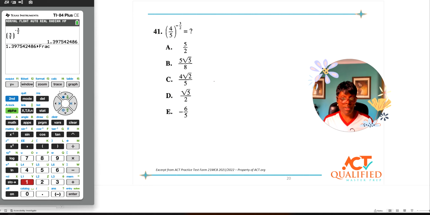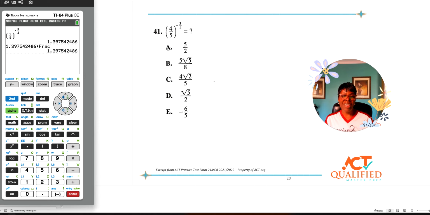If the calculator converts this number to a fraction that is one of our answer choices, we can go along with that. Well, as you can see here, it does not. So we need to use a very valuable technique to see which one of these answer choices, A, B, C, D, or E, equals